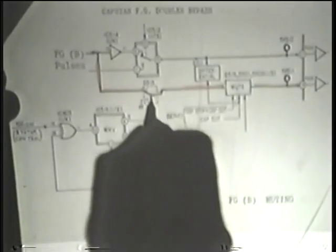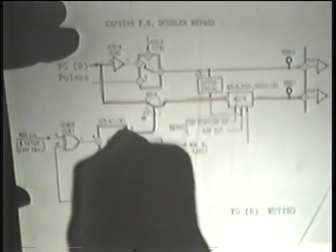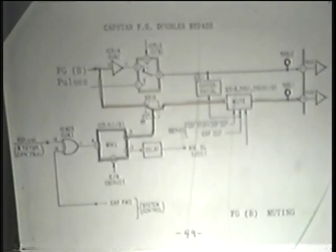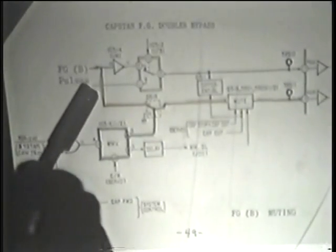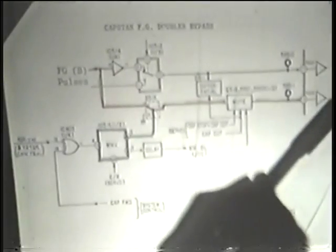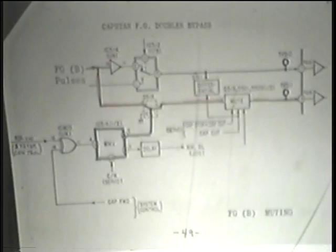The switch opens and eliminates the FGB pulses from entering the main servo IC. Now, we know that the pulse is there. It's necessary for the circuit to sense changes so that it can send out a correcting voltage to compensate for whatever change is there. So if we eliminate it, what's going to happen is the IC sees a massive error